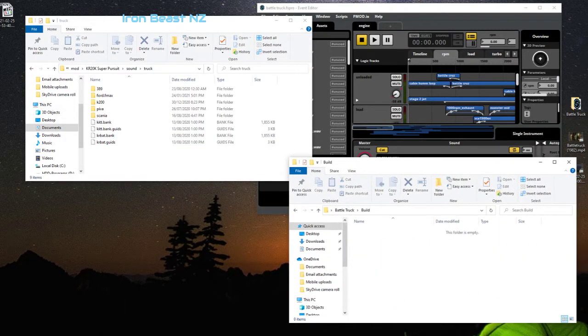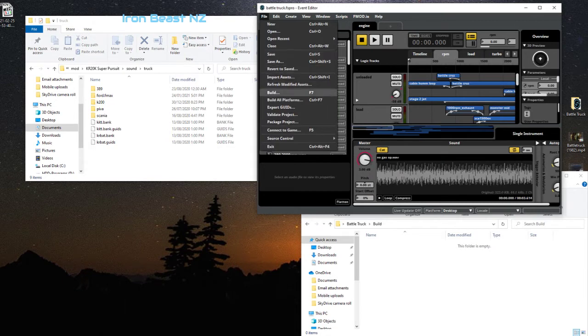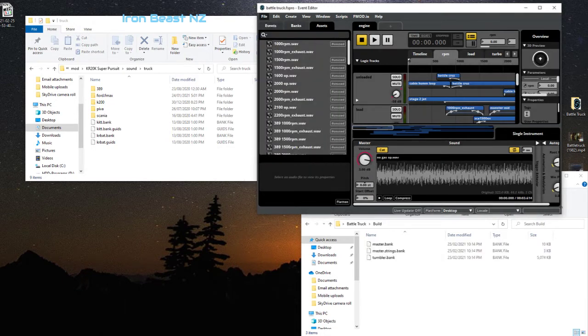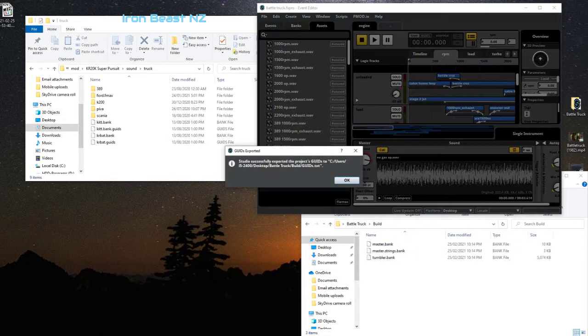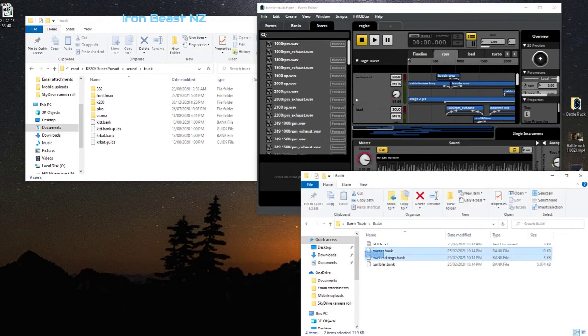The build folder is empty, so let's go across to our FMOD file, save it, and we're going to go to build. So it's built, so you can see in the folder down the bottom here that it's now built, and we want to export GUIDS. And as I found out earlier this afternoon when I was refreshing my processes in FMOD, we don't touch these master files at all. They screw everything, but we do need to take this GUIDS file and change it into